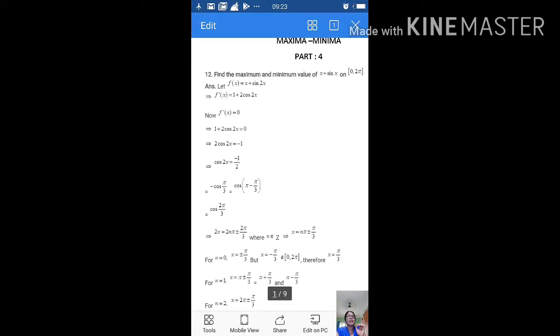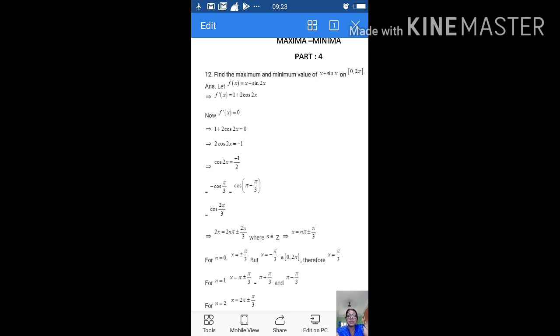Next, for the x equal to C point, if f double dash C is less than 0, then we can say that at x equal to C, f of C has a local maximum value. Or if f double dash C is greater than 0, then we can say that f of C has a local minimum value. Okay, so these two cases you have to remember. Now let us